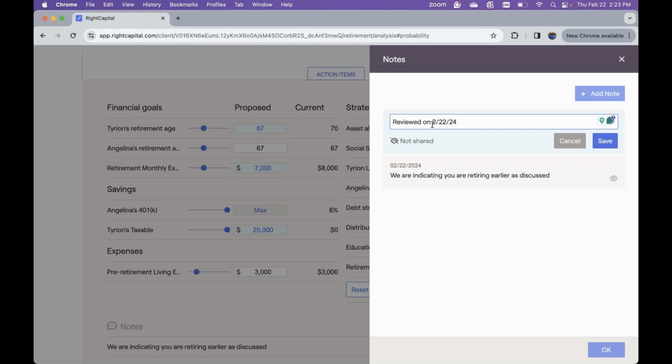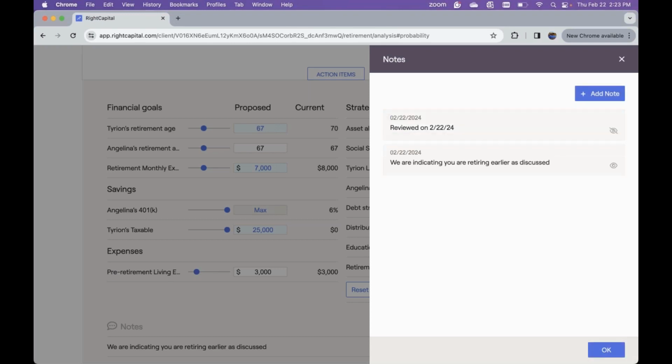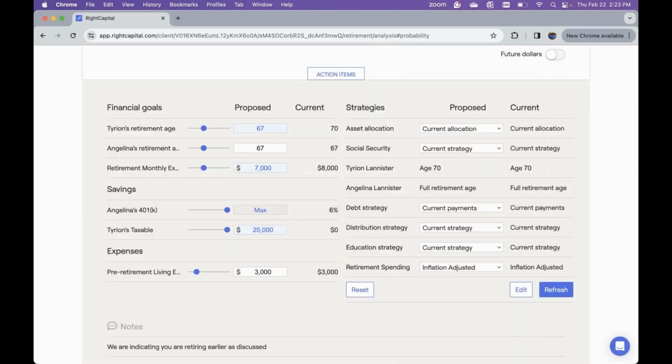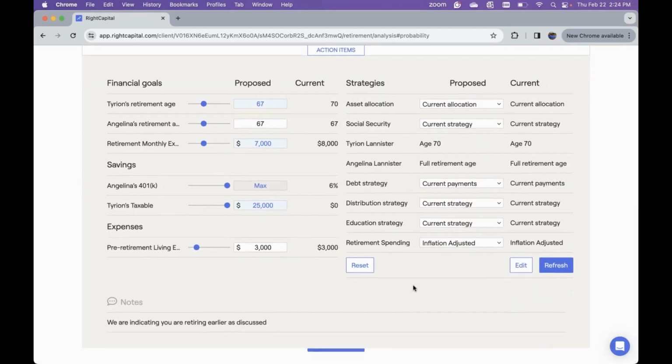we can have that key insight just for ourselves or for our own record keeping, or maybe something that we might have changed that we just wanted that little bit of a record for. Anything that we mark as not visible to the client would not be included in PDF reports, would not be visible to a client if they logged in, if we've chosen to engage them in that way, and also wouldn't be visible if we were in that client presentation mode or when we're looking at this just on the higher